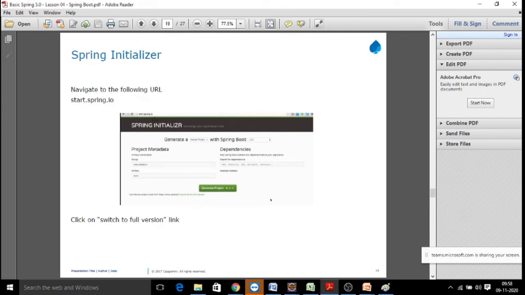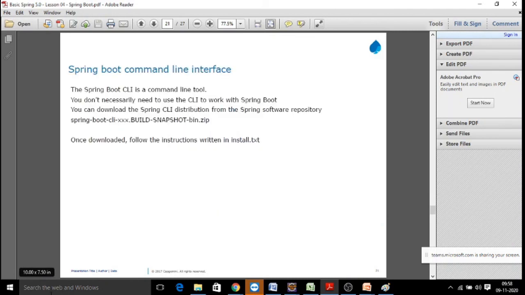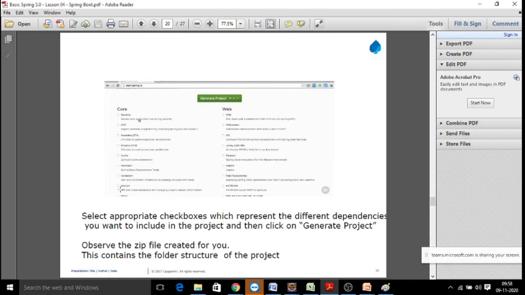And how do we generate a Spring Boot project with Spring Initializr? Already we have done this. Go to start.spring.io, give the group ID and artifact name, choose the required dependencies, generate the project, and import it into your workspace. We also have a Spring Boot command line interface. We need to download this, and once we download it, I will show you the steps. But the thing is, it is not suitable for complex applications. So we always go with the previous option, Spring Initializr.